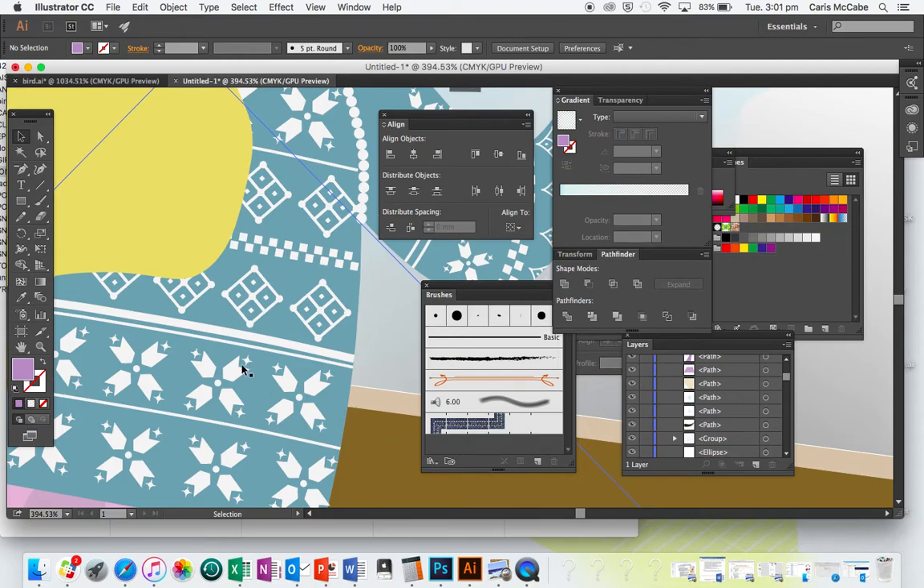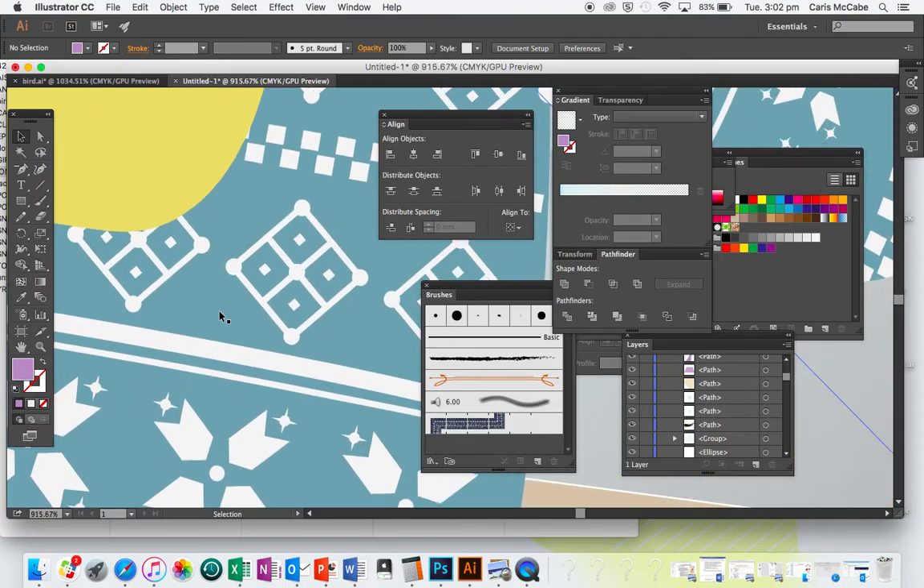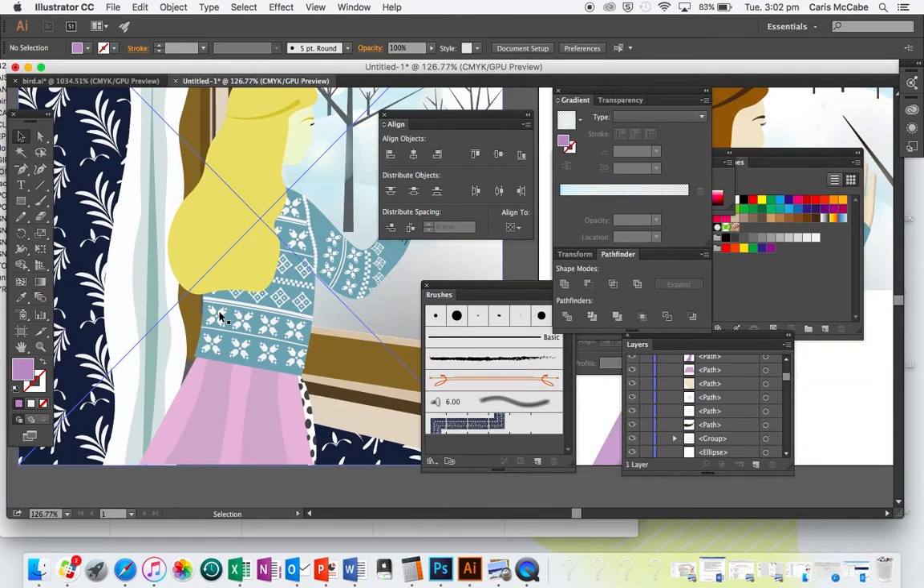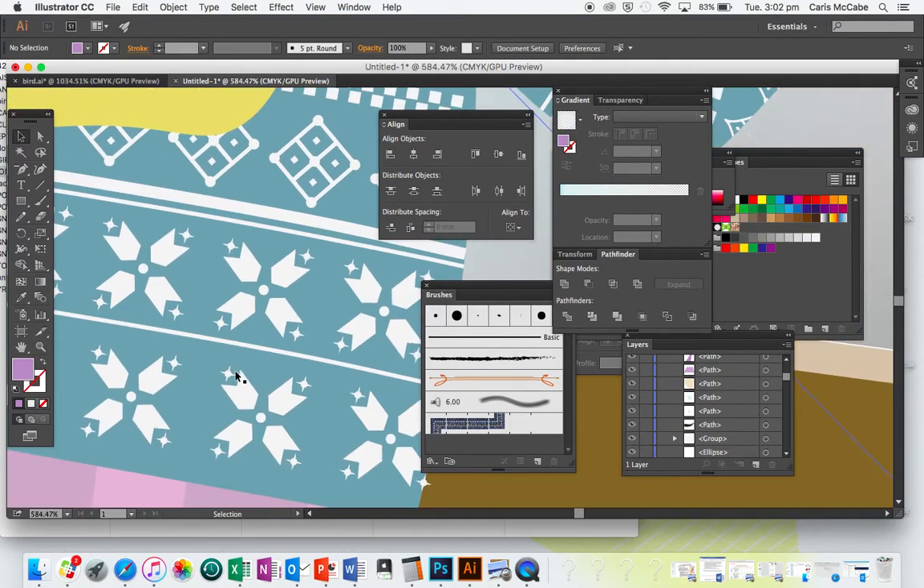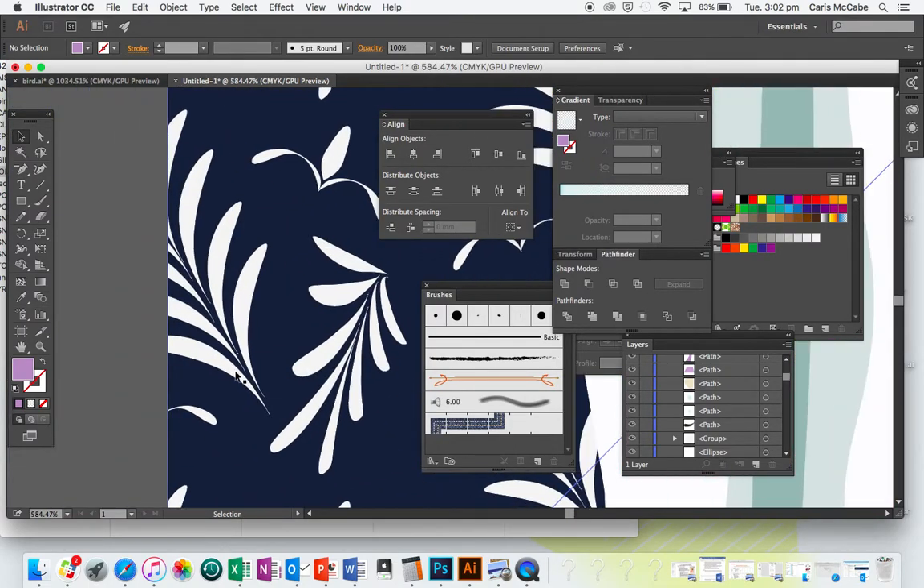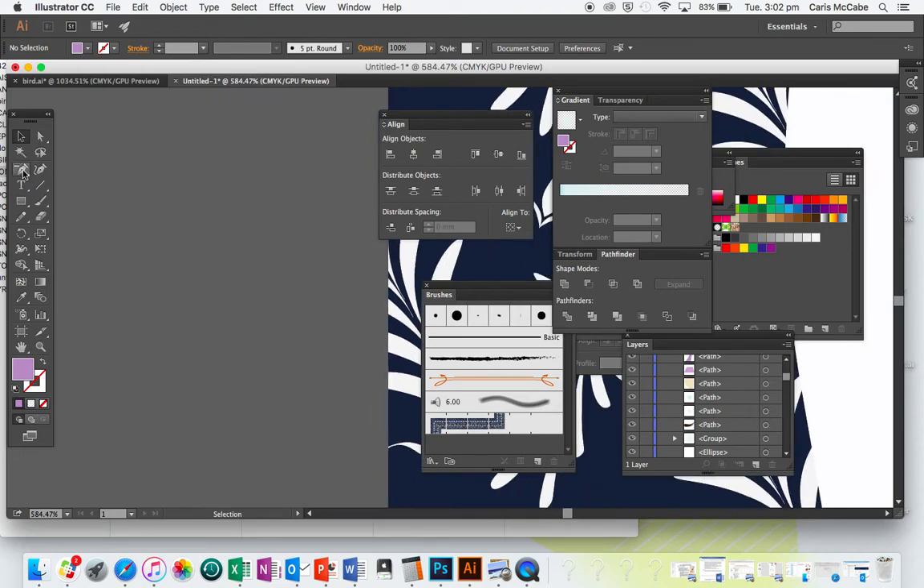Okay, in this tutorial you'll be learning how to make the pattern, so we're going to introduce a new tool called the rotate tool. Just have to see what I've done first. Okay, so first of all you're going to use the pen tool to create a shape